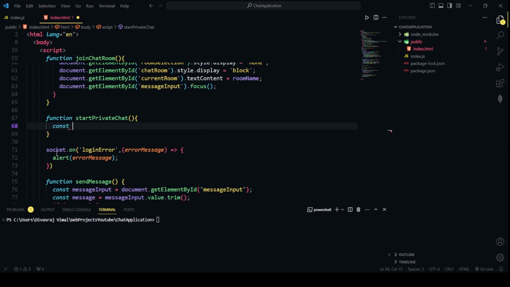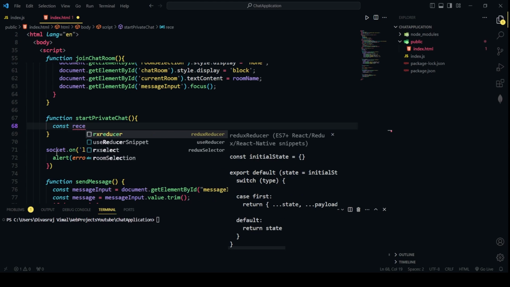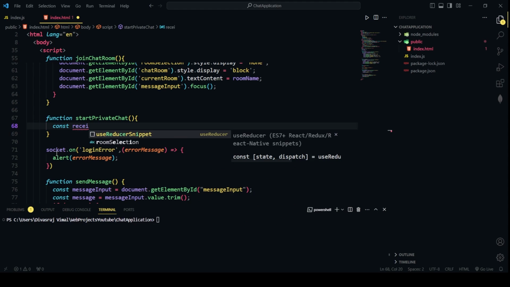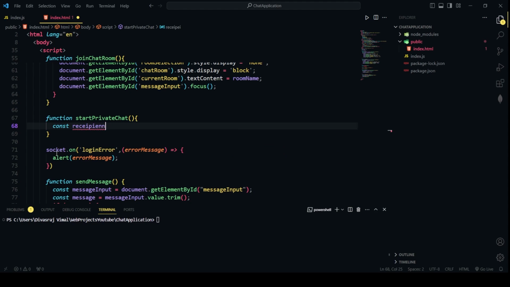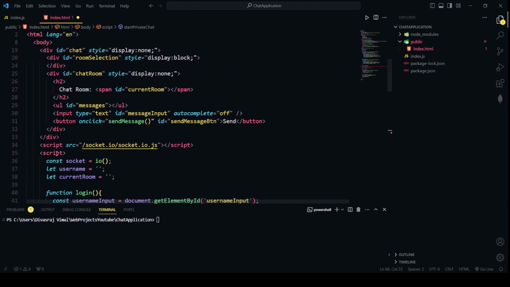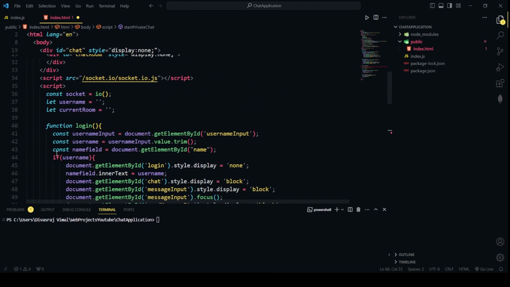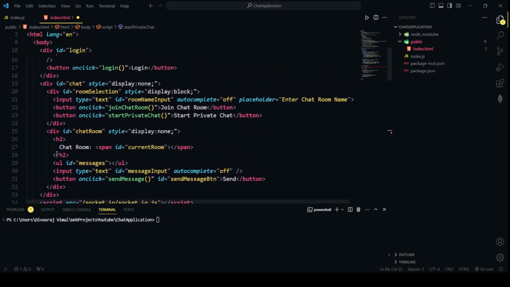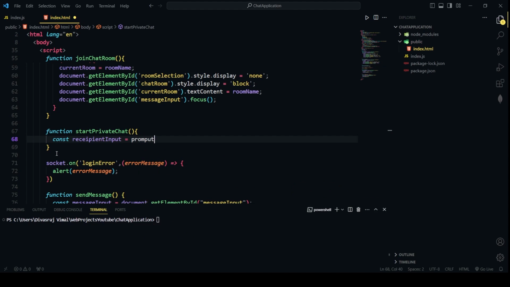So const recipient input will be equal to a prompt, and the prompt will be: enter the username of the person you want to chat with. Okay,